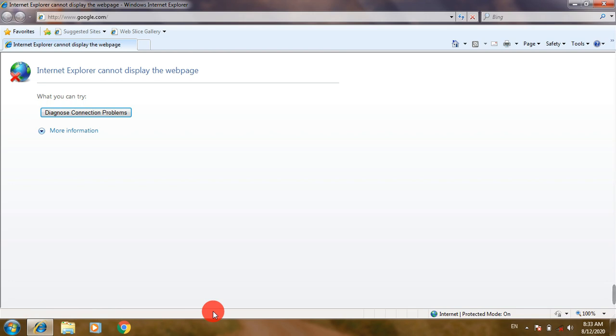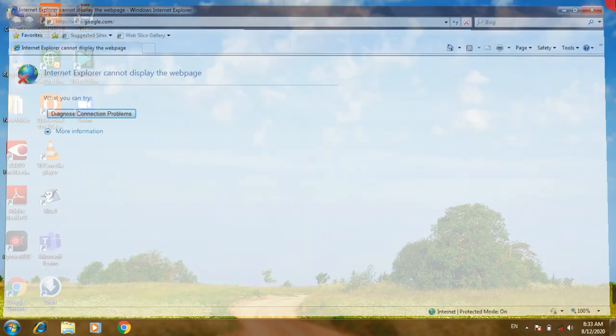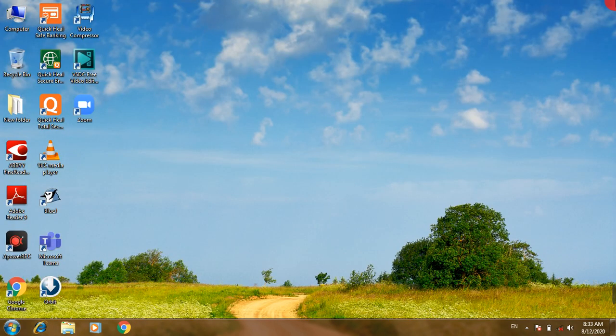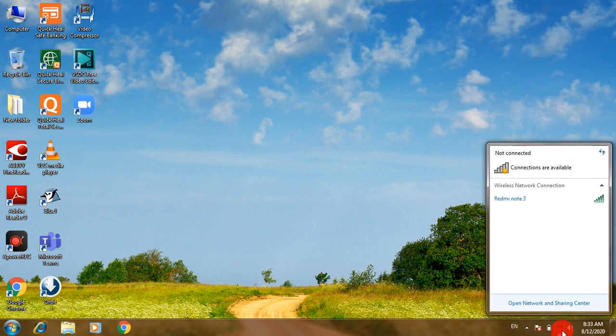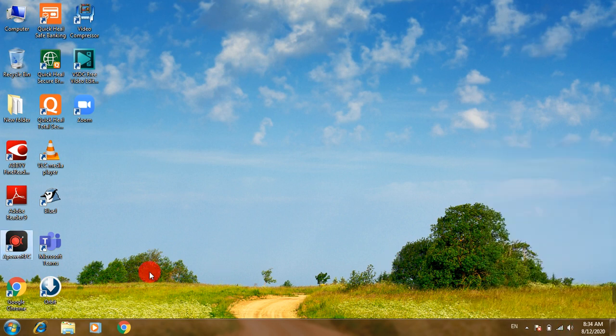Now I'm going to close this application and reopen it. You can also open Internet Explorer from the quick launch if it is available in your computer.